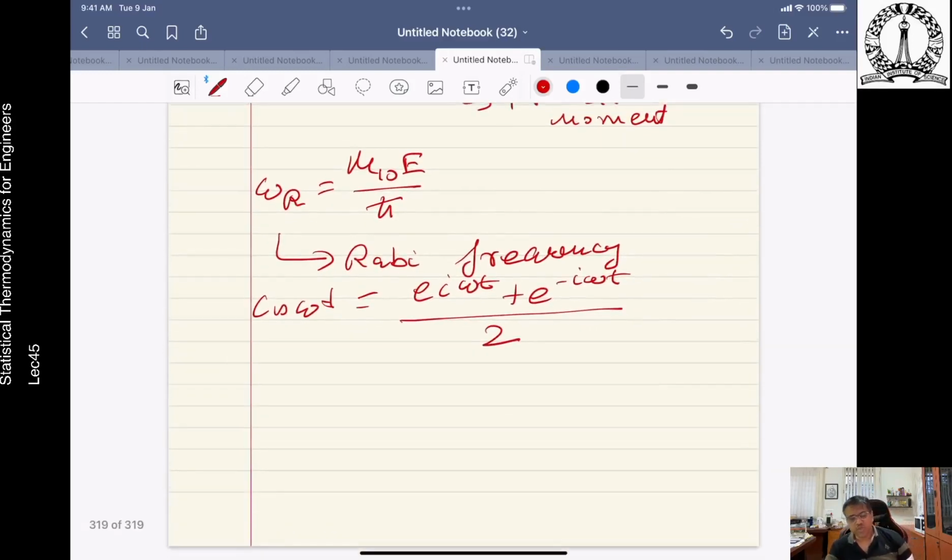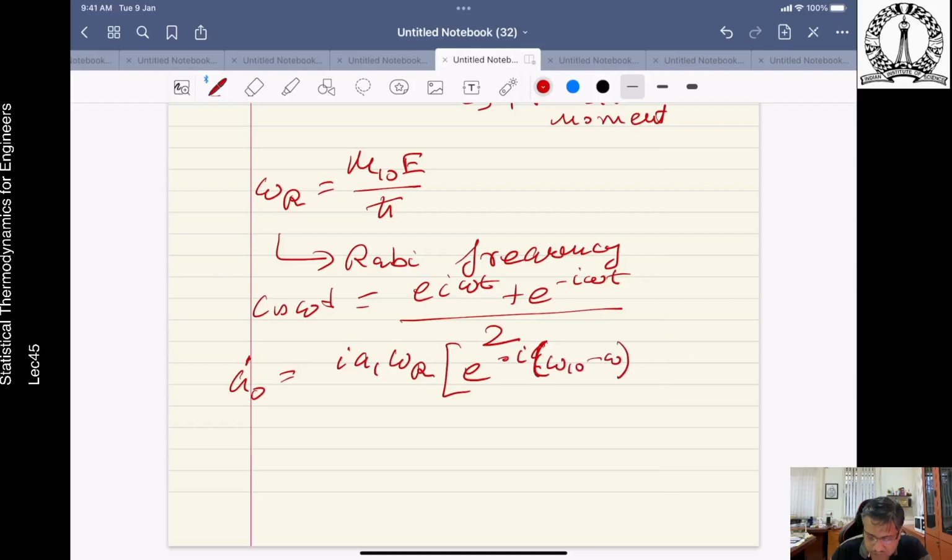So the two equations for the rate constants a naught dot and a1 dot are then written as a naught dot is i a1 omega r, e to the minus i omega 10 minus omega times t, plus e to the